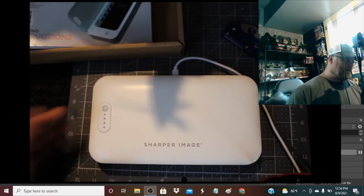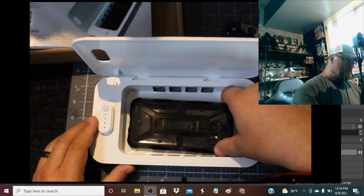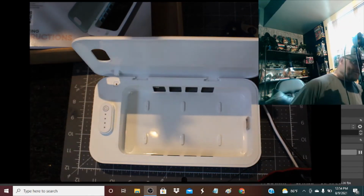Or 4 lights, and it just shut off. So I disinfected this phone. I can smell stuff. Yeah, you can smell it. It smells like